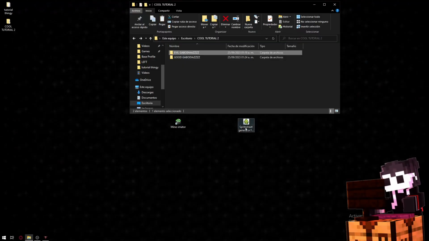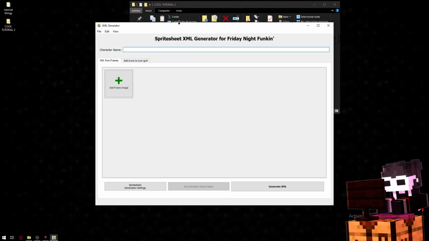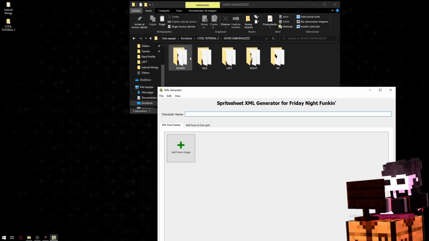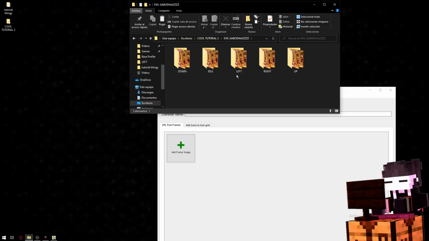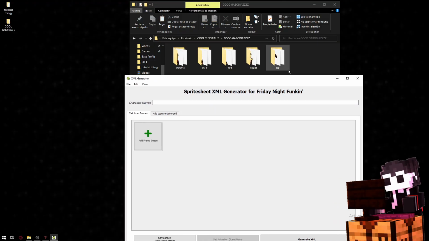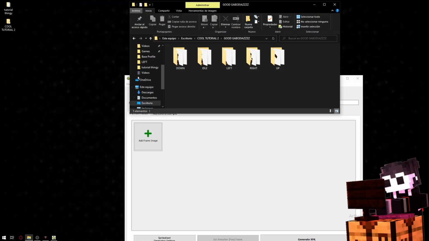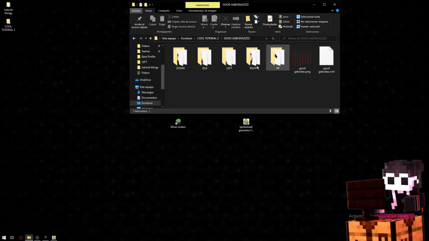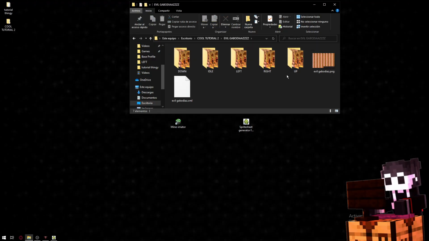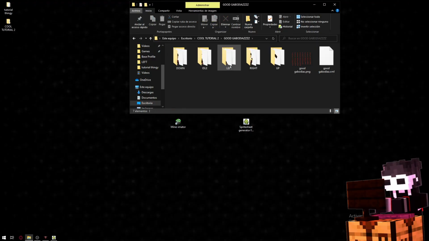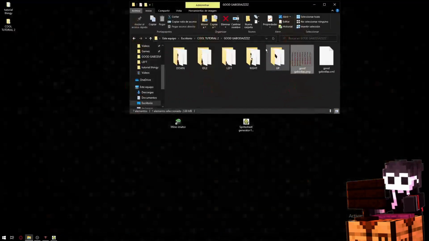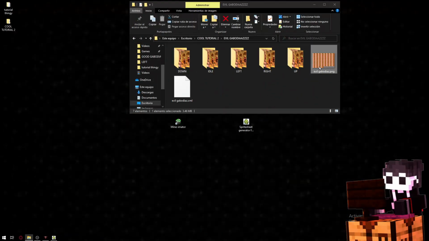So now you want to open sprite sheet generator again, and you're gonna want to do sprites for good Gabo Diaz and evil Gabo Diaz. I already showed you how to make the sprites, so I'm not gonna explain it this time. I'm just gonna fast forward a little bit. And I'm done. I already made sprite sheets for both evil Gabo Diaz and good Gabo Diaz. You can see here, this is good Gabo Diaz, and then you can go here, this is evil Gabo Diaz with background